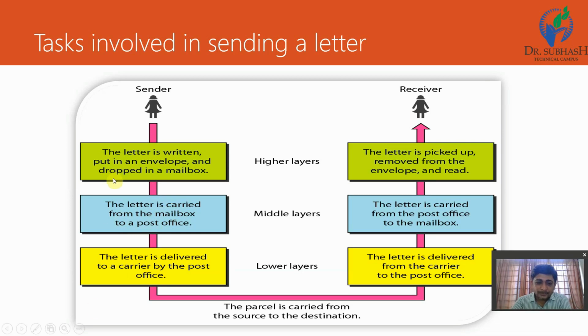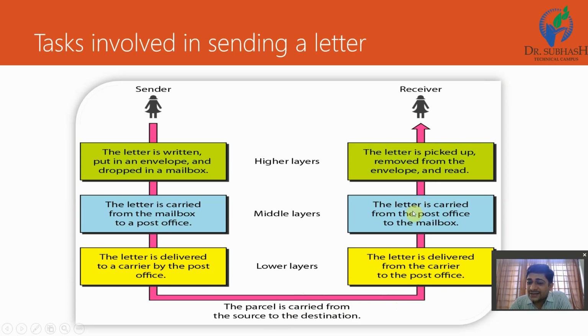After that, the letter is delivered to a carrier by the post office, who will pass this letter to another person, the carrier boy. The parcel is carried from the source to the destination, and at the destination end point, the letter is delivered from the carrier to the post office.